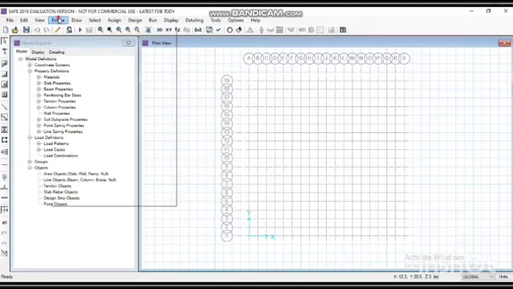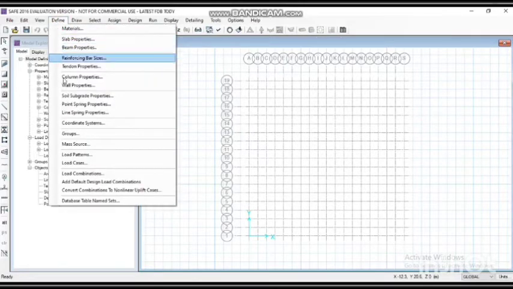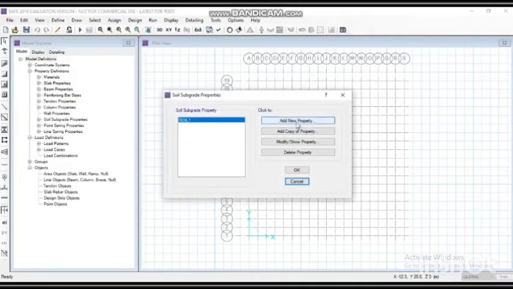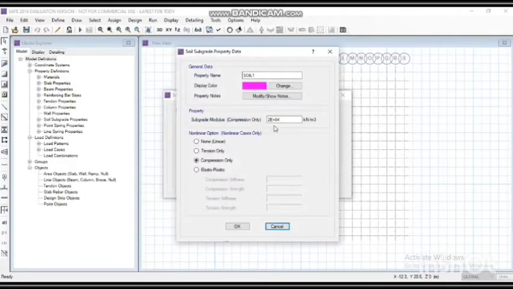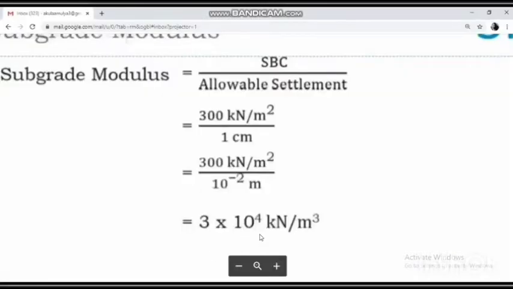Now again go to the define menu for soil subgrade properties. Click on soil 1 and modify/show property. Name it as soil 1 property and the soil modulus is 3 into 10 raised to 4 kilonewton per meter cube.